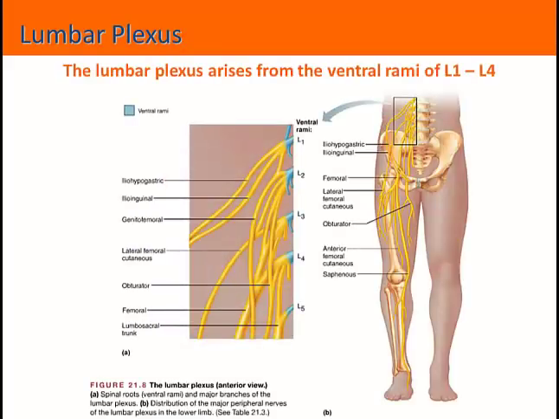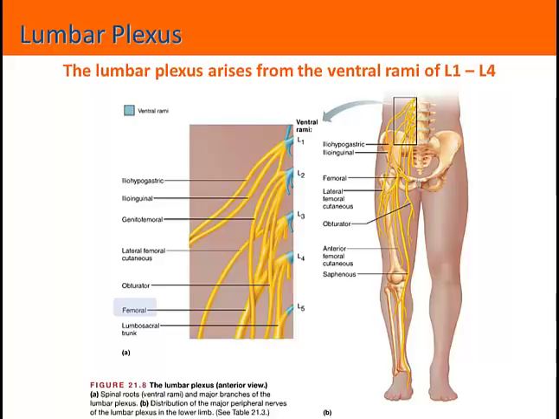Moving now down the spinal cord, we'll talk about the lumbar plexus. The lumbar plexus arises from the ventral rami of spinal nerves L1 through L4. It gives rise ultimately to 6 peripheral nerves that serve the abdominal pelvic region and the anterior thigh. As an example, the femoral nerve arises from L2 through L4, and it gives motor function or innervates the muscles of the anterior thigh, and so the quadriceps, sartorius, and those muscles.